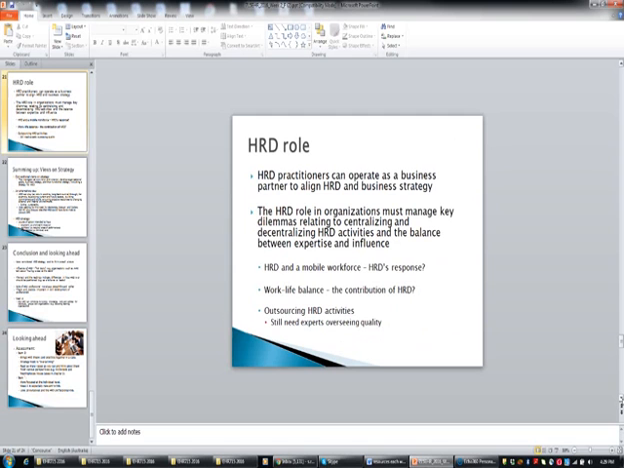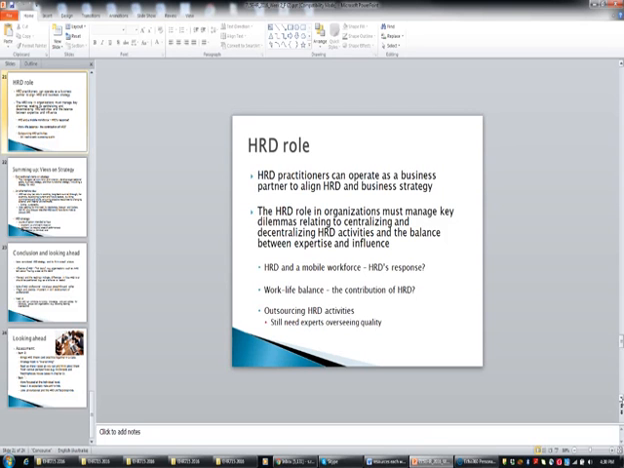So HRD practitioners can operate as a business partner to align HRD and business strategy. The HRD role can and should be managing key dilemmas related to change and expertise and influence, and whether HRD in fact is centralised or decentralised. So that's that idea of structure. Where is the HRD? Where are they actually situated? How do they relate to other parts of the organisation? And some future and current challenges relate to perhaps a mobile workforce, with people working from home and having, in some ways, a more flexible option. How can HRD contribute to that quest for work-life balance? And even if we outsource our HRD activities,